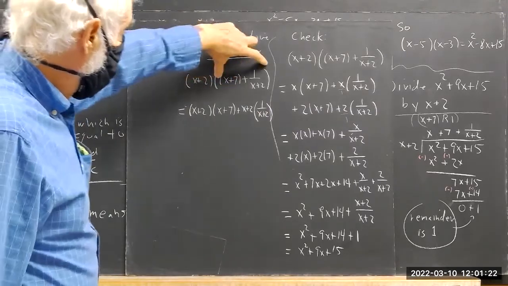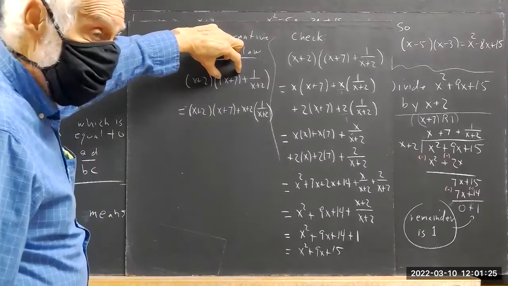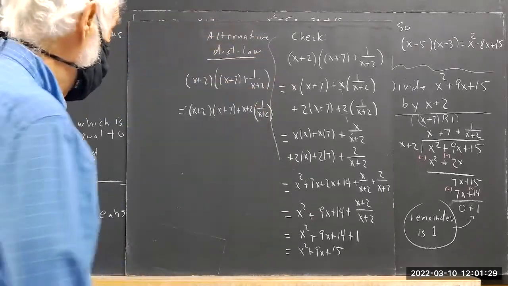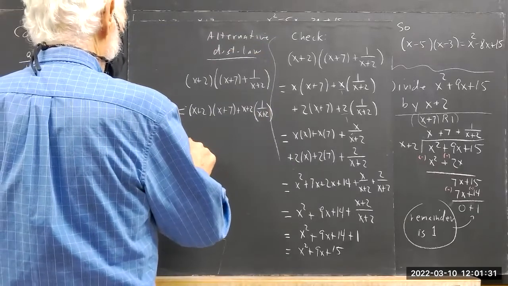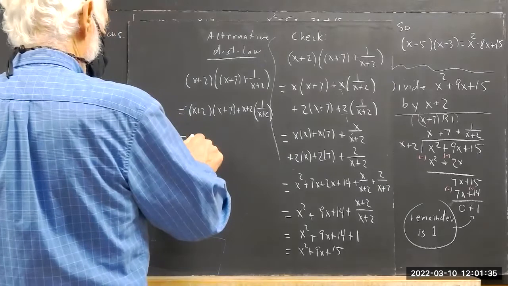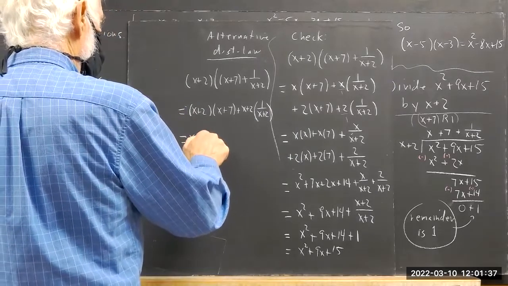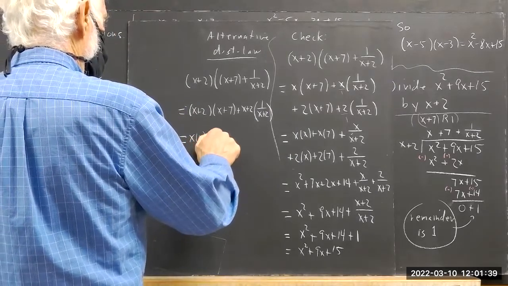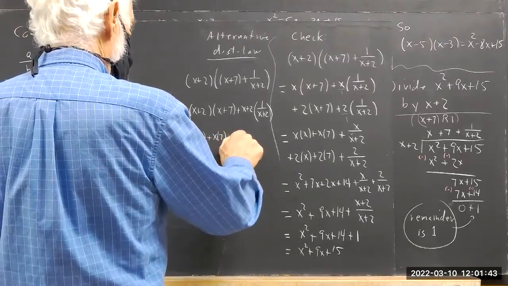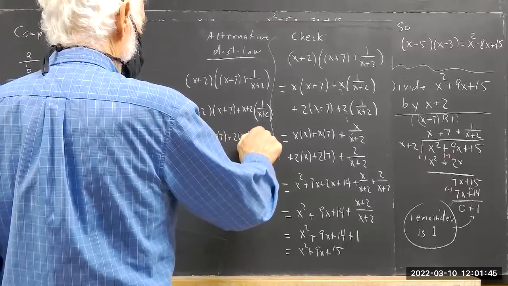So that this times all this is this times this chunk plus this times this chunk. So this gives us x times x plus x times 7 plus 2 times x